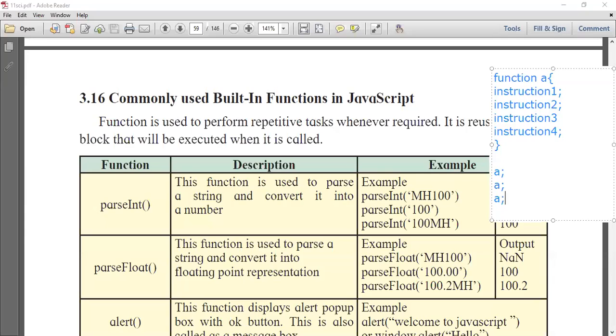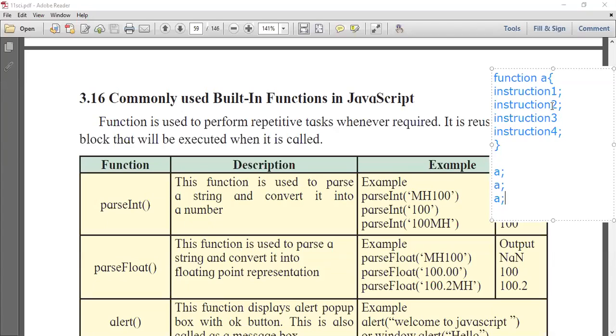If you want to execute those instructions again and again, just by writing the name of the function you can execute the contents. Here I'm using four, but sometimes there are 50 to 60 instructions in a function.